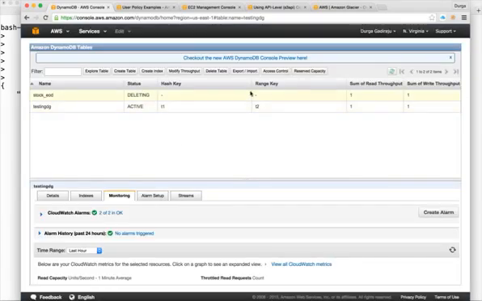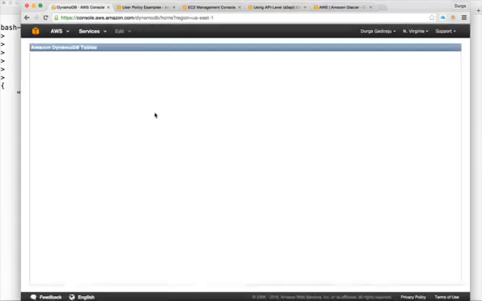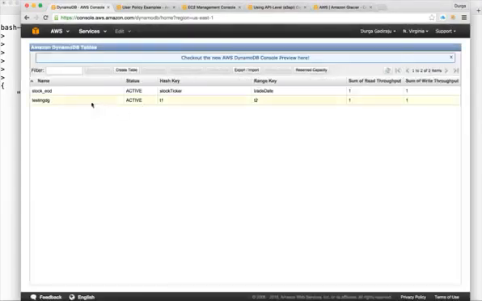This is the previous table, which is deleted. Now you can refresh,